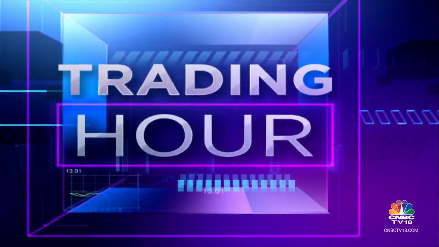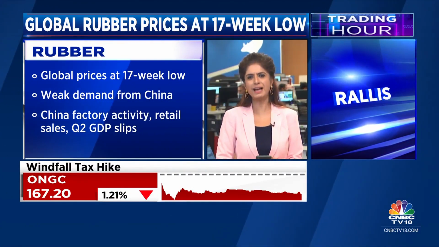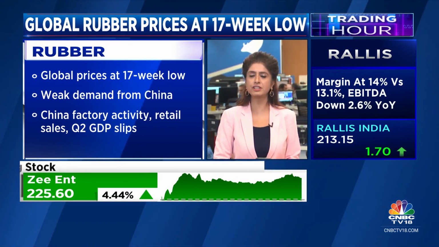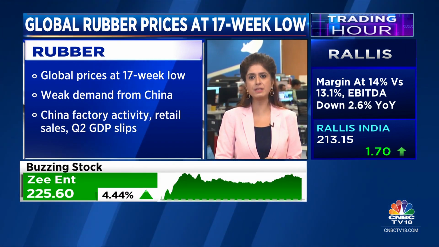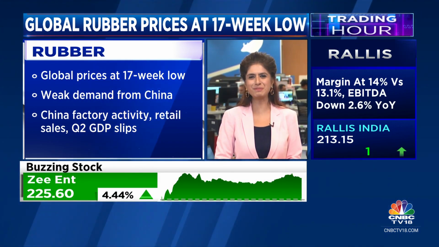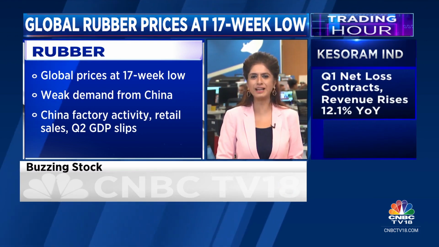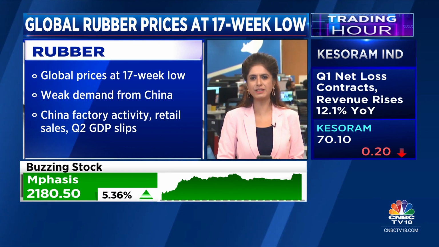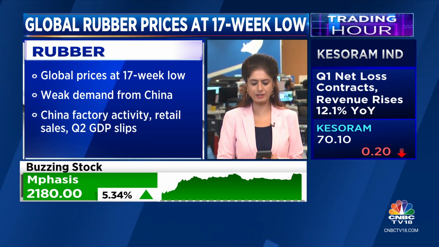Manisha. Well, the weak economic data from China has continued to weigh on many commodities, whether it's metals or crude oil, or even other industrial commodities like rubber, for example, which is now trading at around 17-week lows. Well, we have seen weaker demand come in from China, but the weak economic data for the first half, the second quarter GDP numbers and the month of June, whether it has been about retail sales, factory activity and the record youth unemployment in China are some of the numbers that have weighed further